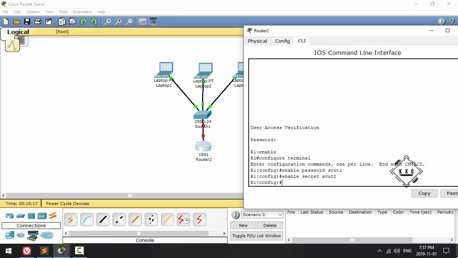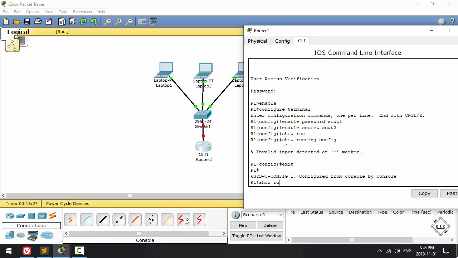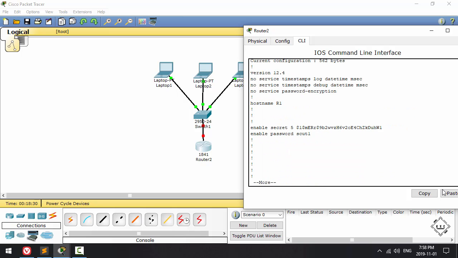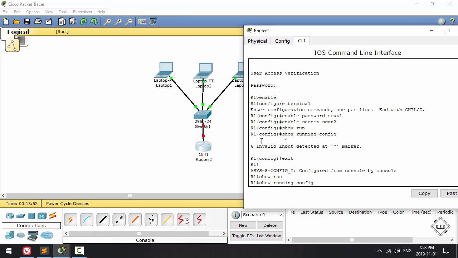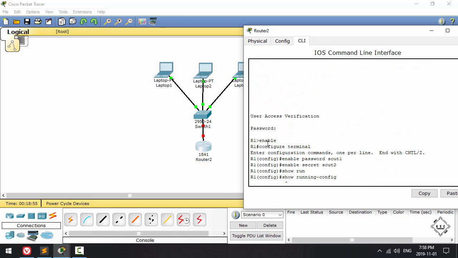And let's see what happens here. Why are they different? Well, if we go to show running configuration, we see our password, SCUT1, is plain text. It's really easy to be seen by someone else. And not just this password. We also have a console password. We have VTY passwords and so on and so forth. And they're very easy to be seen. So for example, on this line, we have this password. This is visible. Over here, we have no password, but if we did, it would be visible. And this is not really good. Most people only use secret. They do not use password. And that's pretty good. But in case your device is outdated and you only have to do this one,